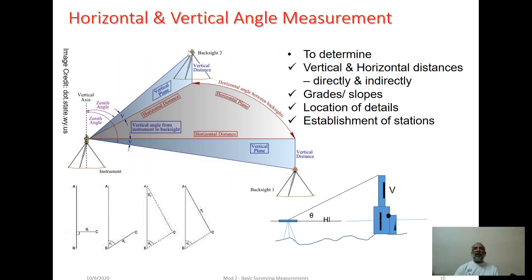Essentially, the angles are required for vertical as well as horizontal distances, to measure them directly or in an indirect manner. The angle measurements are also essential in order to express the grades as well as slopes. The way you see here, this particular station C is established by